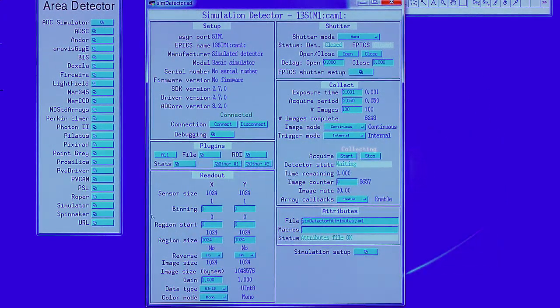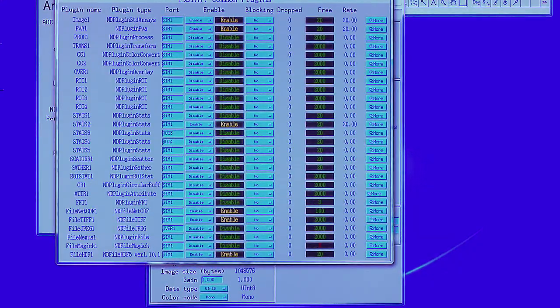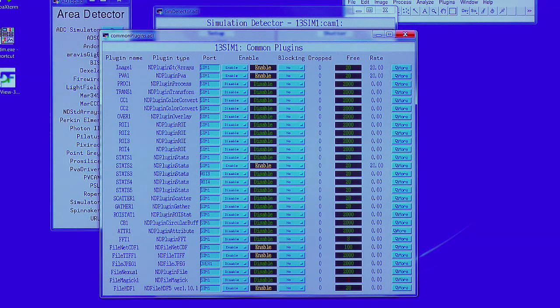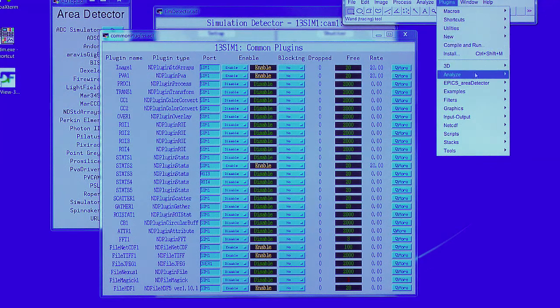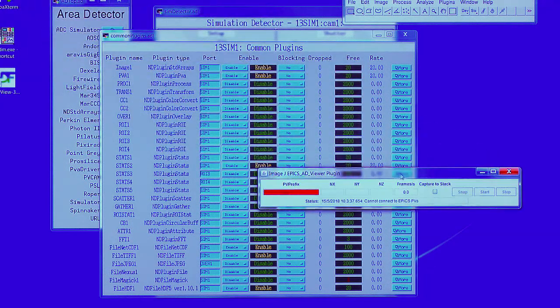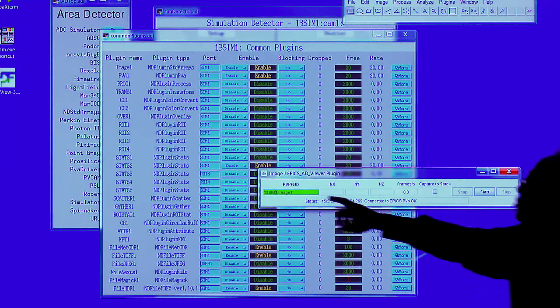Okay. And if we open, this is the all plugins screen, common plugins. So let's first look at this using the channel access viewer in ImageJ. So the ND plugin standard arrays is enabled. And if I go here in ImageJ to plugins, EPICS area detector, EPICS AD viewer, it brings up a log file here. And I can't read this, so I have to move it. This says 13PG1, so that's configured right now to look at the Point Grey. I need to change it to Sim1, and I think I made it... Oh, I did Sin1. There we go. So I did 13Sim1 image1,